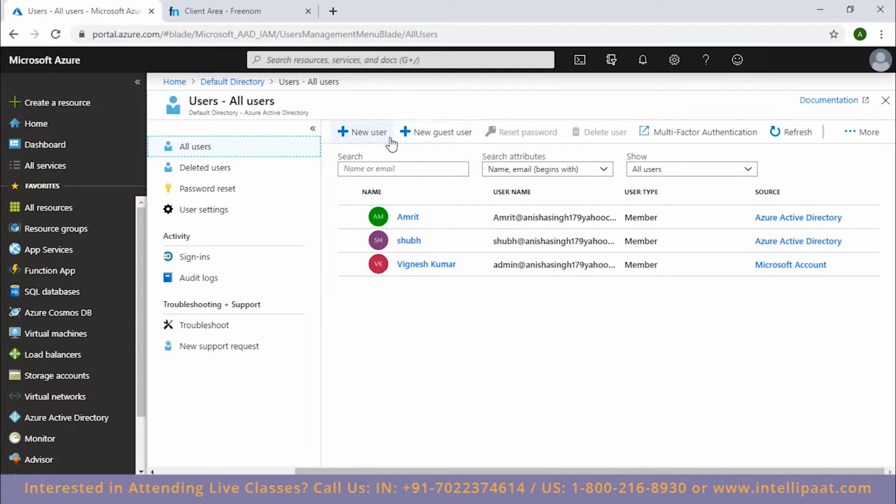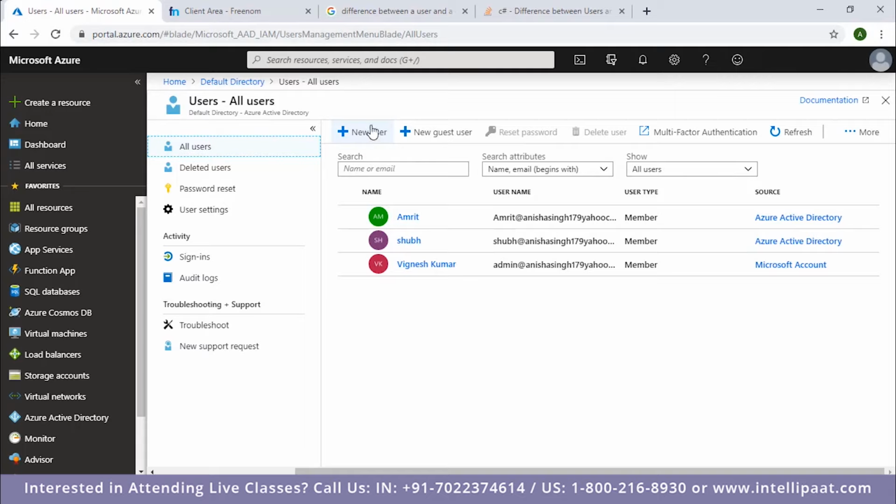So let me tell you a brief difference between these two options. The functionality is basically the same. You're adding a user in your Azure Active Directory and you will be eventually giving them some roles so that they can access your Azure services, but within some specified permissions or access controls. You'll be doing that for both of these. So let's say that you work for an organization and you have been asked to add some users within your organization so that you can provide them access to their relevant service. For that, you will use this new user option.